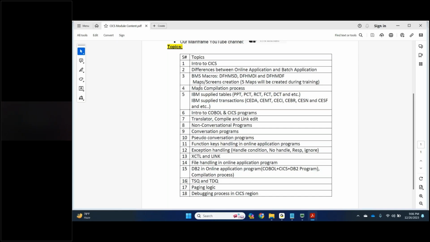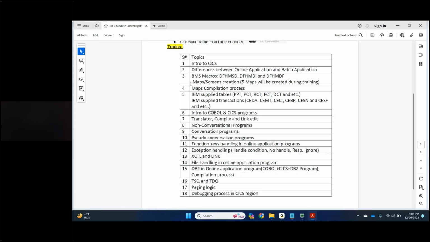To attend the CICS training, you should know COBOL minimally. If you don't know DB2, it is okay, but you should know COBOL. Minimum COBOL is required. If you don't know COBOL, then I request you not to join this training because it is not suitable for you, since everything totally depends on COBOL.